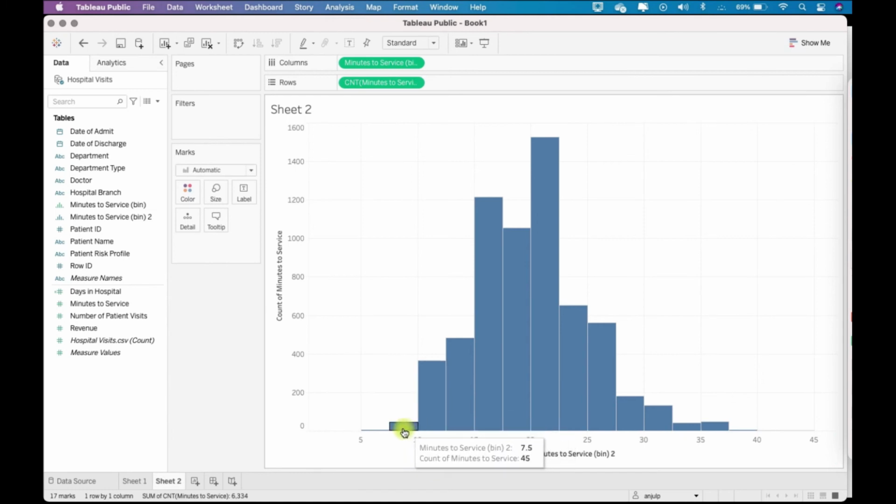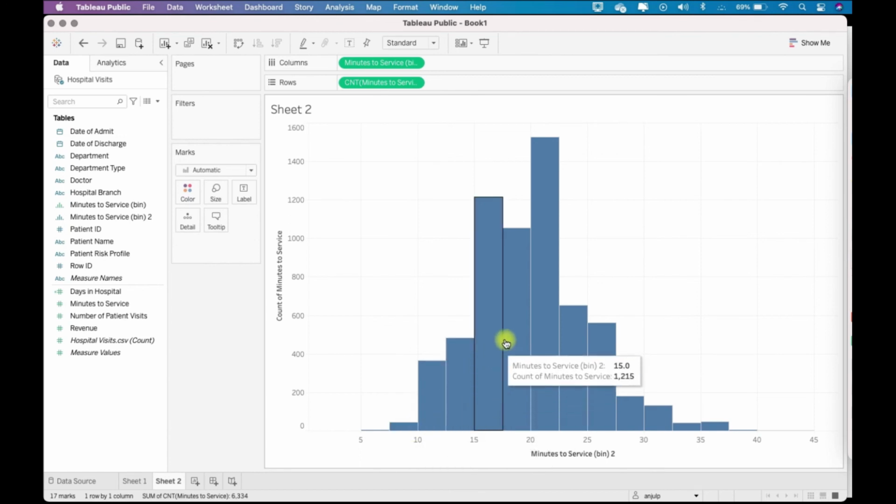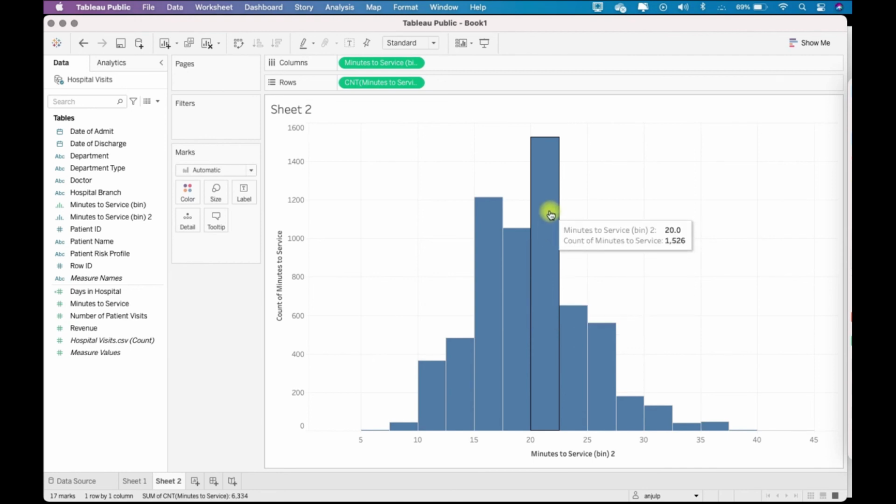Now the graph has changed slightly because of the bin size. Now it's 2.5. So it starts here, there is no count in 0 to 5, then 5 to 7.5 there's 7, then 7.5 to 10 we have 45. Likewise the count is increasing, and somewhere here, minutes to service 22.5, there is a peak of 1526.